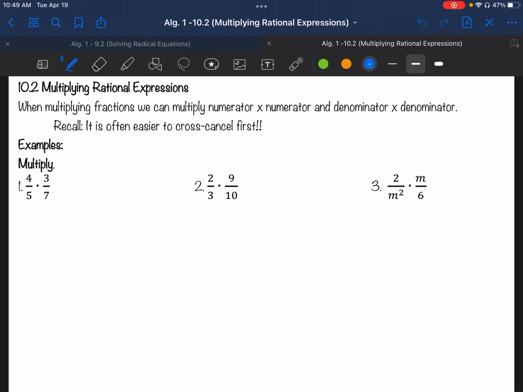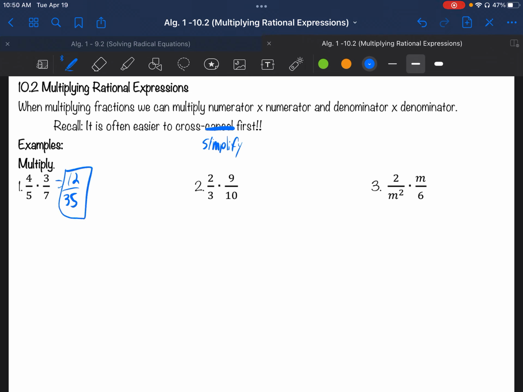So if we recall, when we multiplied just any two fractions, we did the numerator times the numerator and the denominator times the denominator. But it was often easier to cross cancel, or as I like to call it, cross simplify first. So we do 4 times 3, get 12, 5 times 7, get 35, and no simplifying we can do, we're